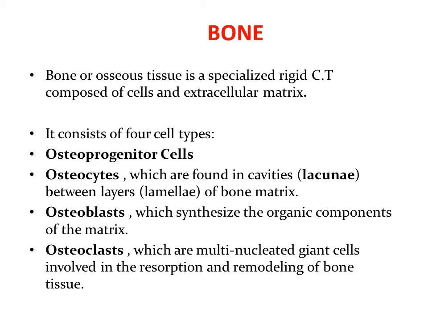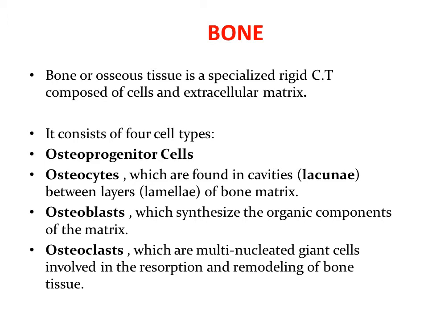Bone, or osseous tissue, is a specialized rigid connective tissue composed of cells and extracellular matrix. The matrix of bone has the special property of being extremely rigid because it is impregnated with mineral salts, mainly calcium and phosphate. The chief physical properties of bone tissue are toughness and hardness, and it is basically composed of four